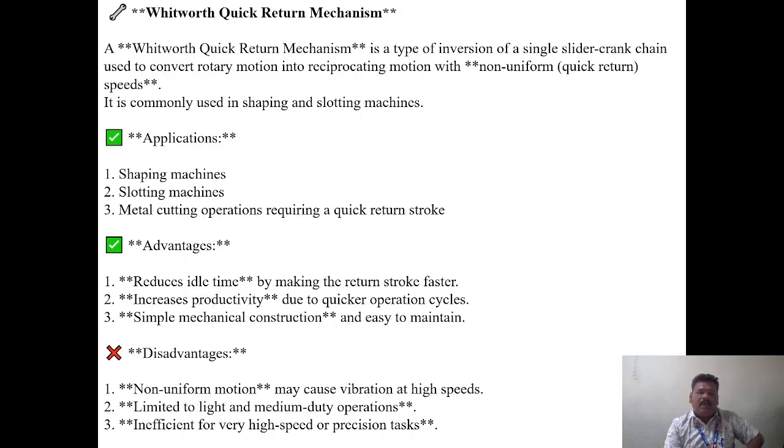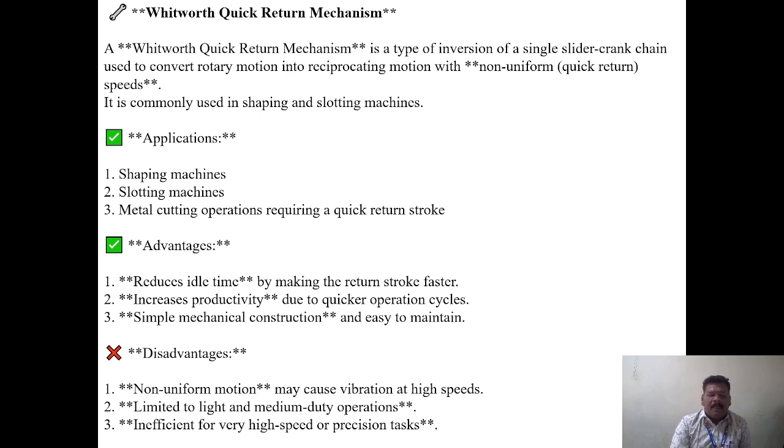Then we go for the quick return mechanism. It is a type of inversion of the single slider crank chain used to convert rotary motion into reciprocating motion with non-uniform speed. It is commonly used in shaping and slotting machines. The main applications are shaping and slotting machines, and metal cutting operations that require a quick return mechanism. Advantages: reduced idle time by making the return stroke quicker, increased productivity due to a quicker operation cycle, simple mechanical construction, and